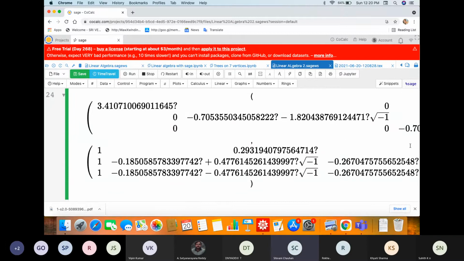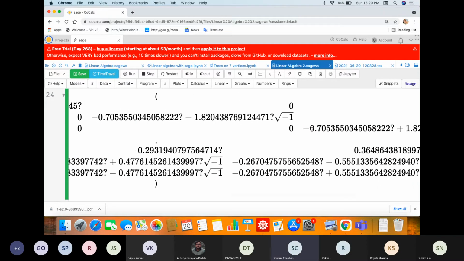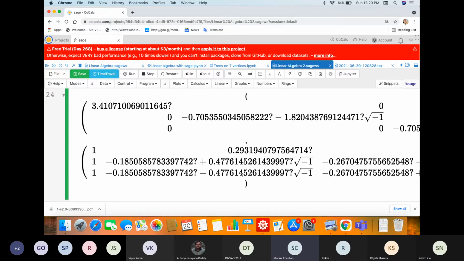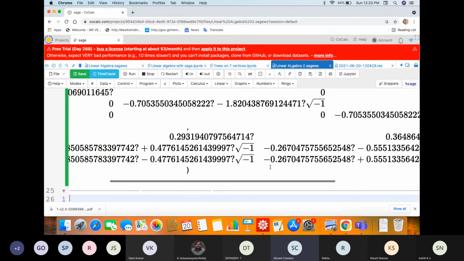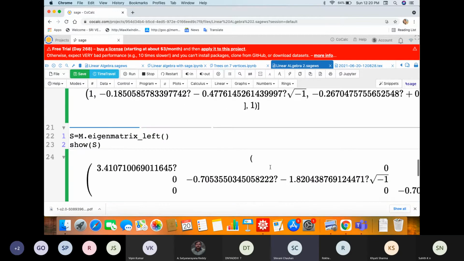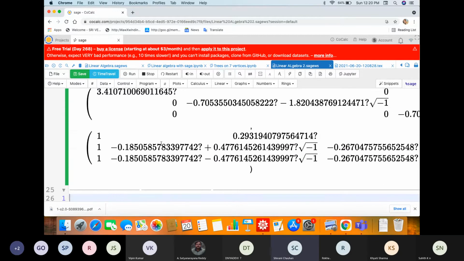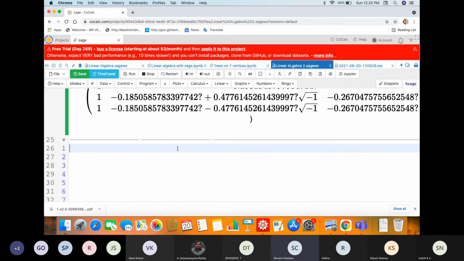This diagonal matrix gives me the eigenvalues, and these are the eigenvectors. Here I have not taken a nice matrix, that's why it is coming very big. So let us define one more matrix.